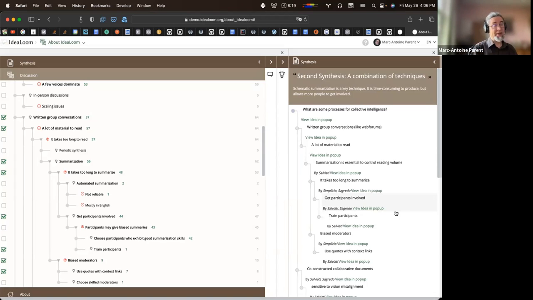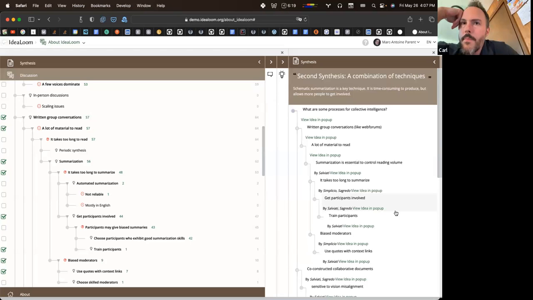And it worked well. He found that people would not follow the list because there was too much to read. But when he did the synthesis, people would skim and think, oh, I've got something to say about that. And it would provoke new conversation and new cycles of participation every time he posted a synthesis.